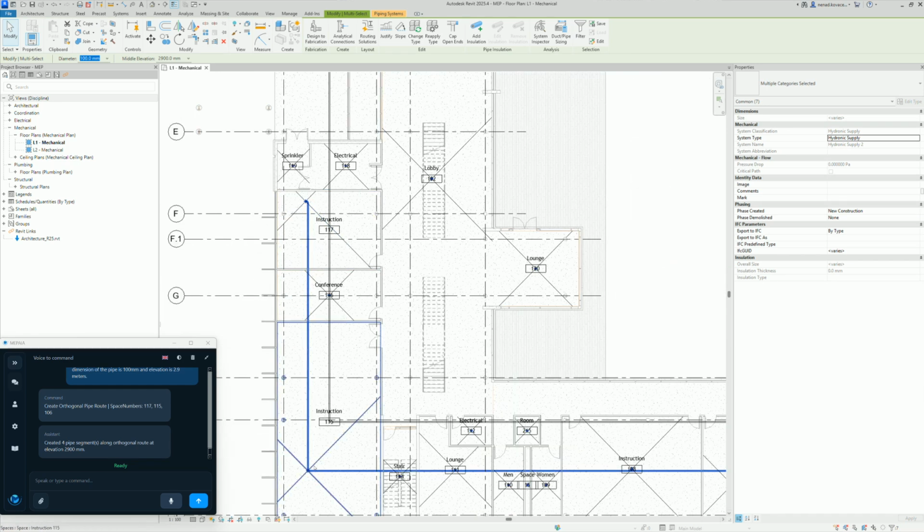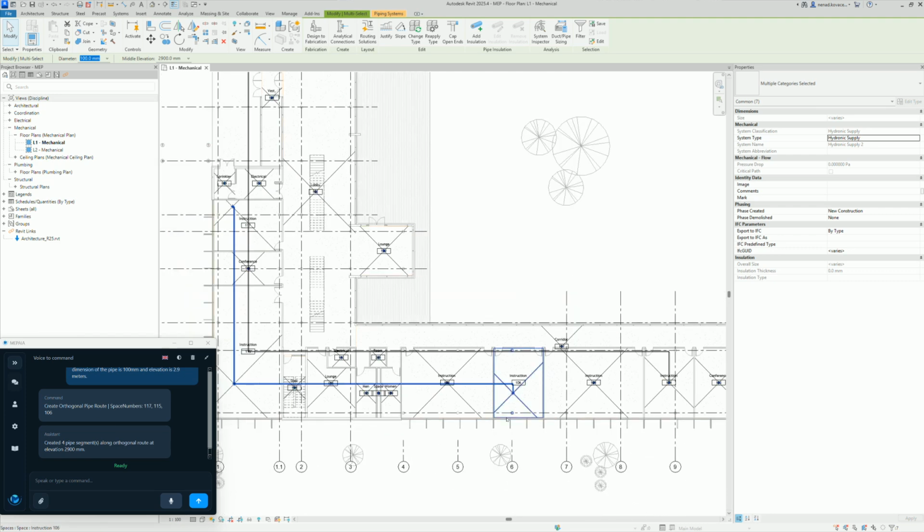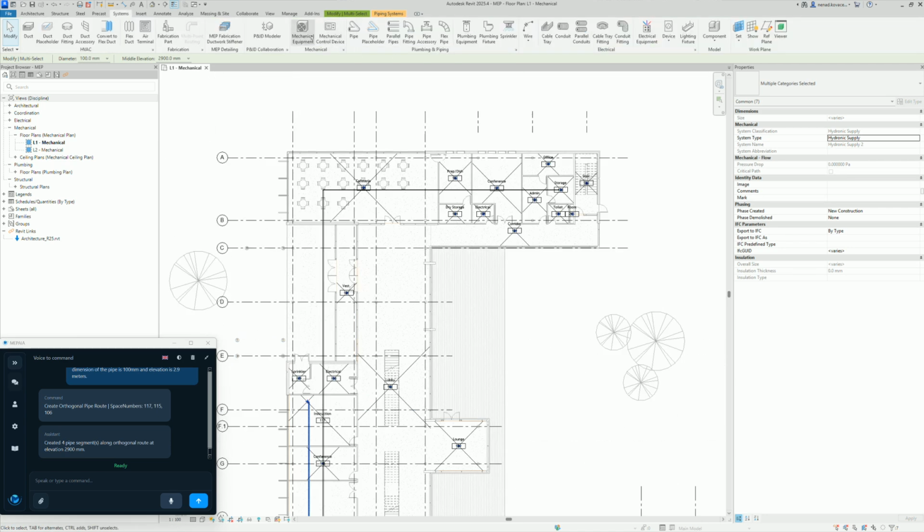Now, you know, when you move those centers in different positions, we need to satisfy all conditions. So we did start over here, we did go through this center, and we did finish in this center. So we did follow the geometry in this case. Also, if you add some mechanical equipment,